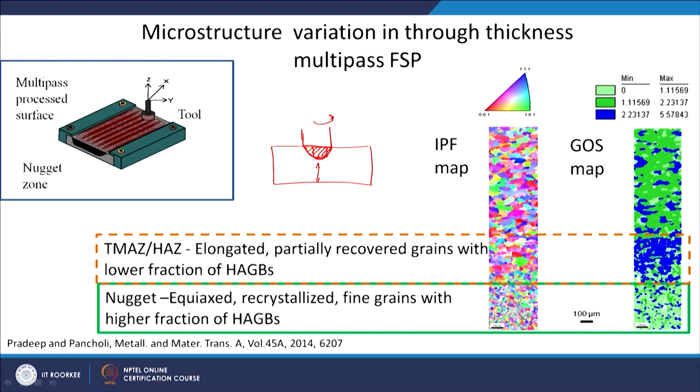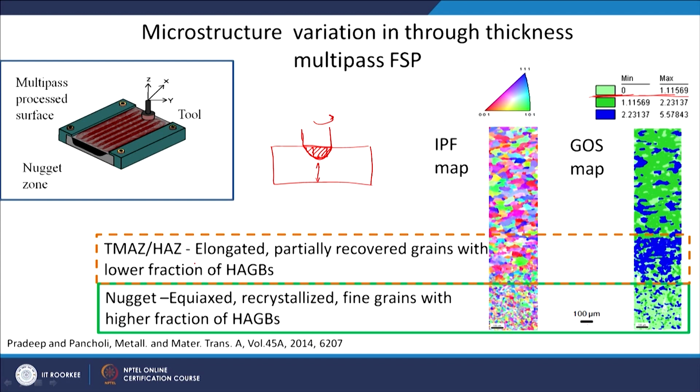And also we have discussed the grain orientation spread map. I told you that wherever you have recrystallization, the GOS, grain orientation spread, value will be low. This light green is where the GOS value is up to 1. That is what is defined as a recrystallized grain. You can see here that as the recrystallization is happening, the GOS values are lower there. So, all these light green and at a few places dark green also is there.